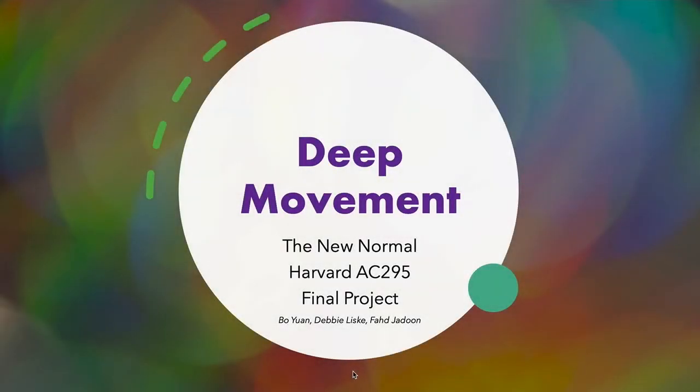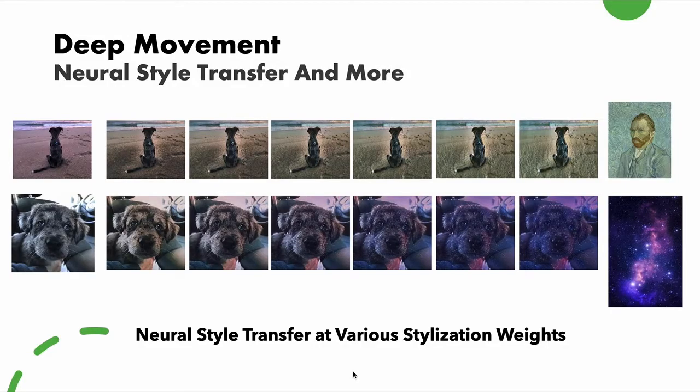This is an introduction to Deep Movement, a neural style transfer web application built by the team The New Normal. Deep Movement combines art and science by using neural style transfer, transfer learning, feature extraction, and distance calculation to give users insight into who they would be and what art movement they would belong to if in fact they were